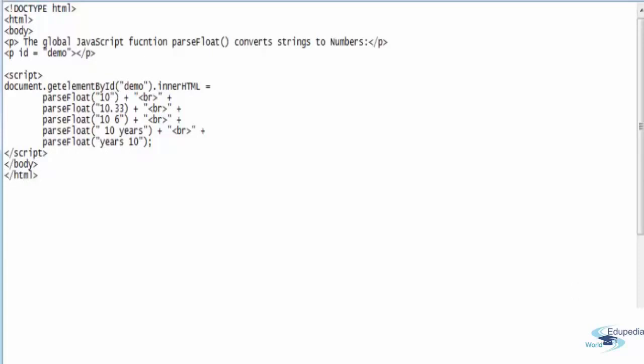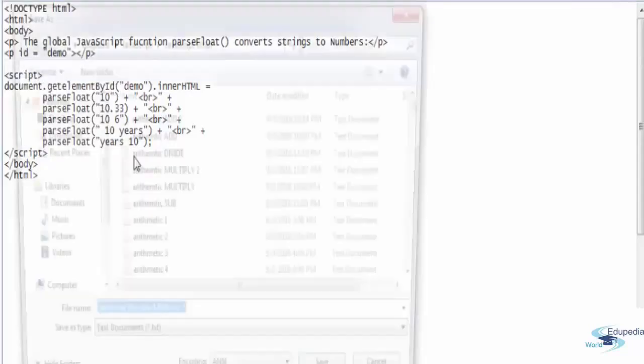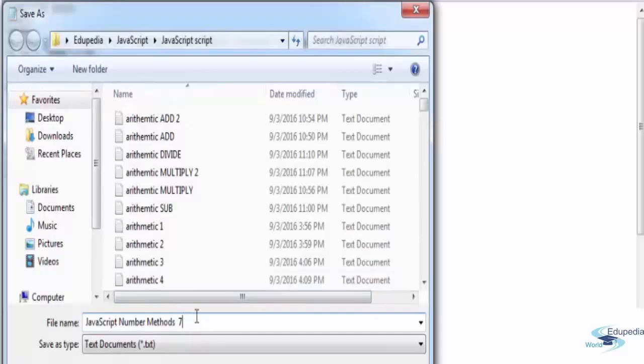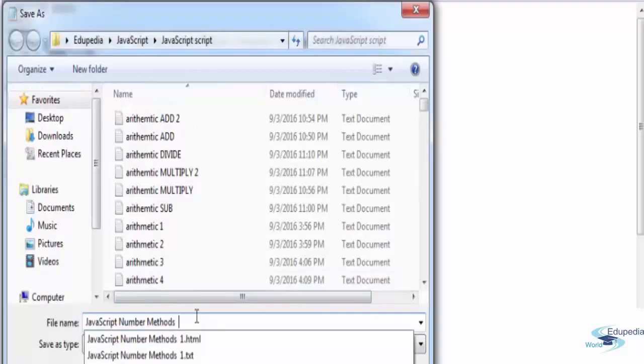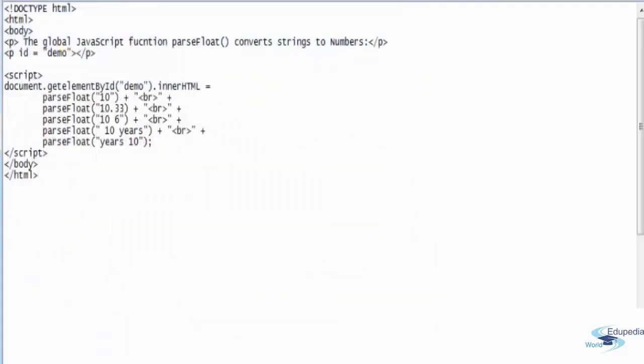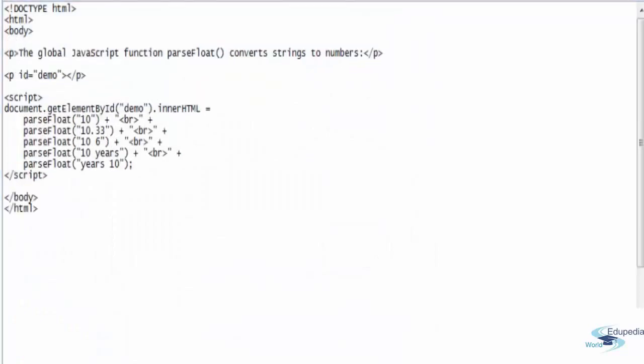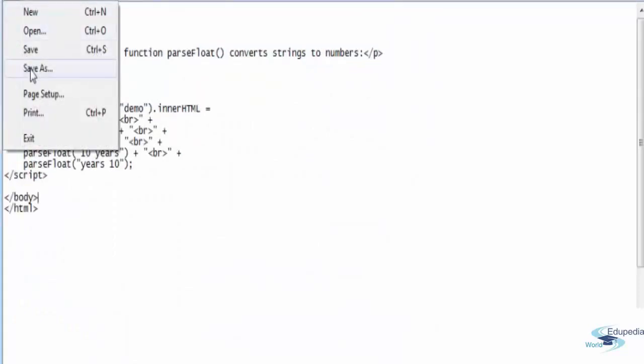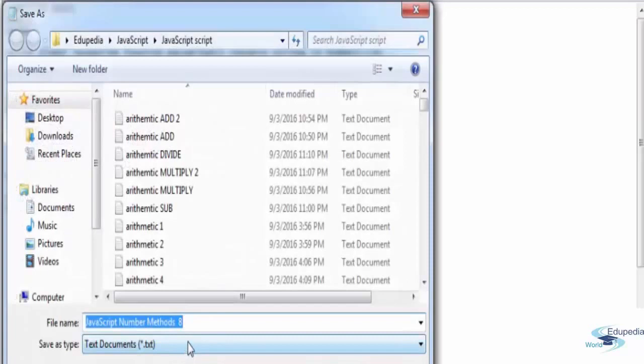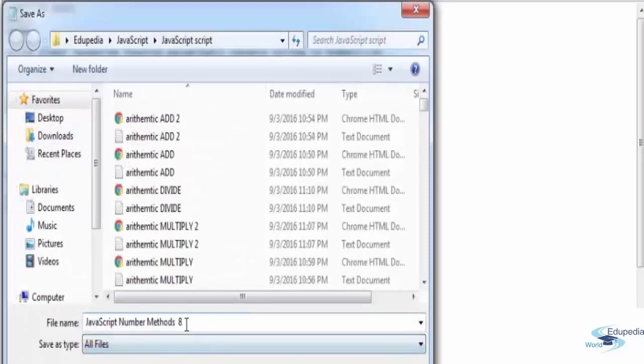Let's save this file as JavaScript number methods 8. Save. Also save it as HTML. Yes,